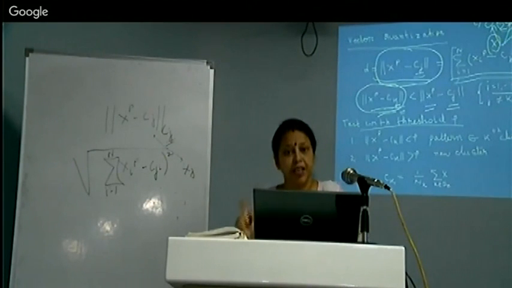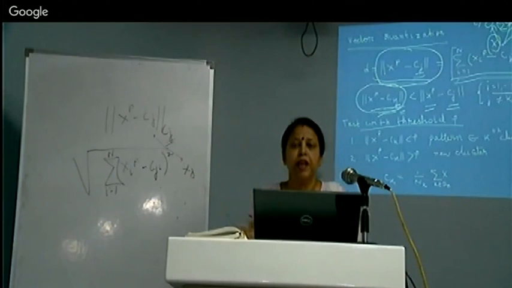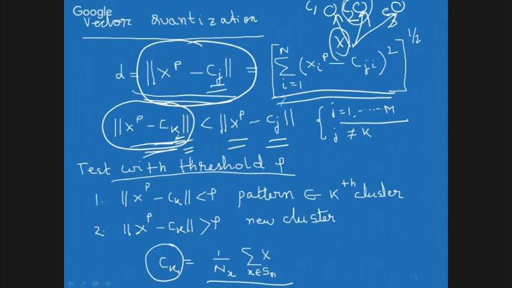But if it is greater than the threshold, then it will create a new cluster. This way the algorithm goes on, and every time the center of the cluster will be updated as 1 by n summation of x,